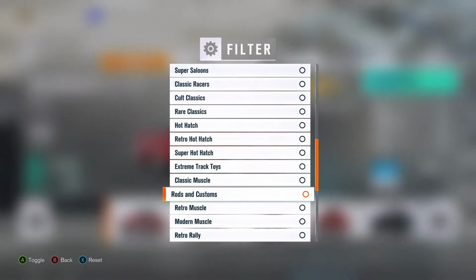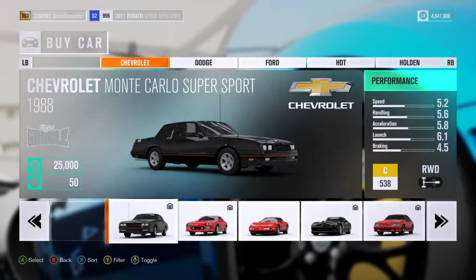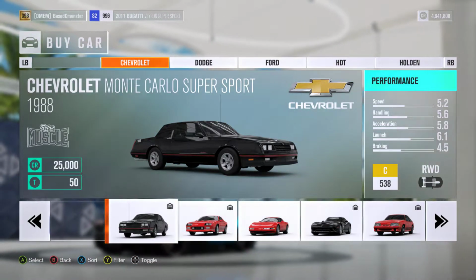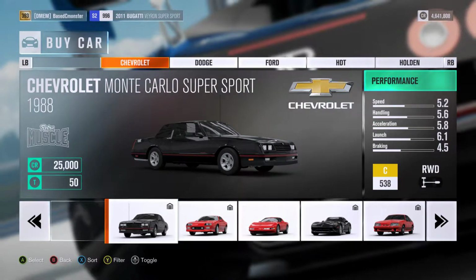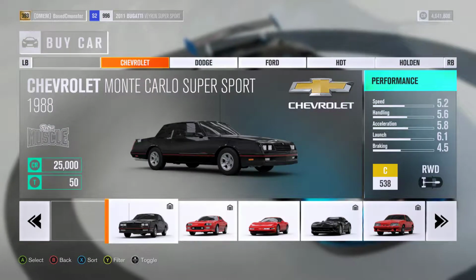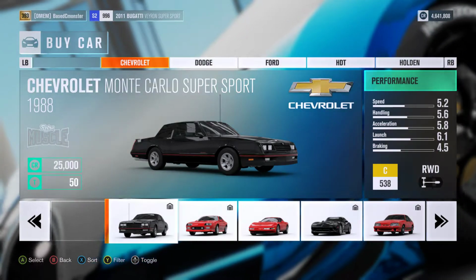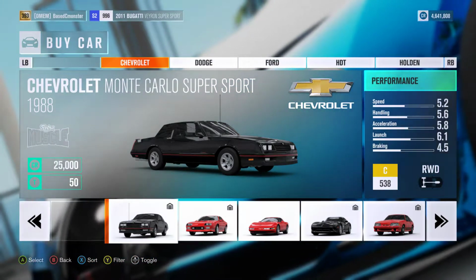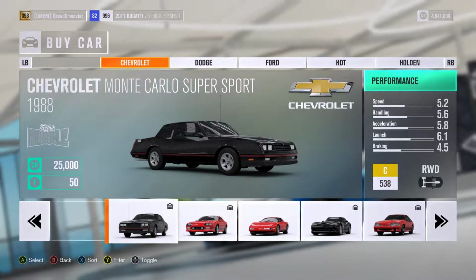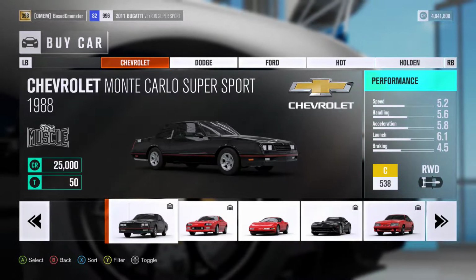Retro muscle. Let's go. So, we're actually starting with a car that's not in here. It's the 1987 Buick Regal GNX, which, with good reason, it's the only Buick in the game, because all the rest of them are terrible. It starts at C548. It's rear-wheel drive with its engine probably in the front. It has a speed of 5.9, a handling of 5.1, an acceleration of 7.2, a launch of 7, and a